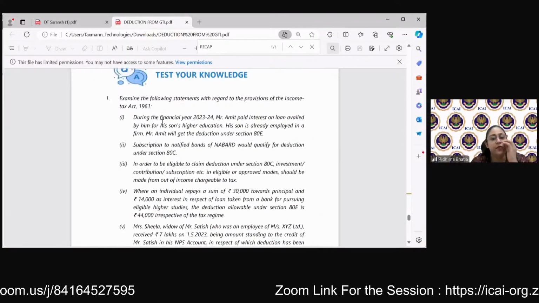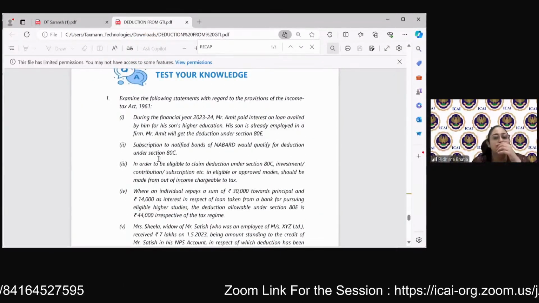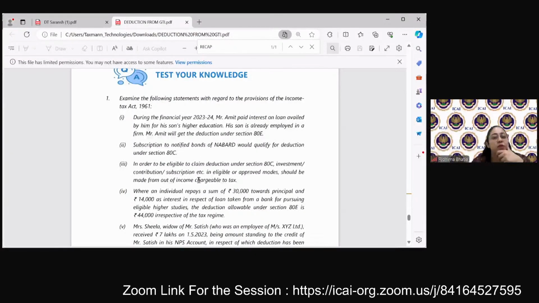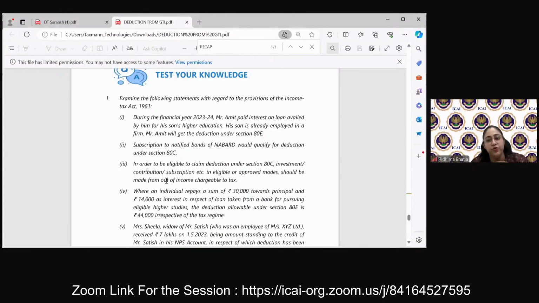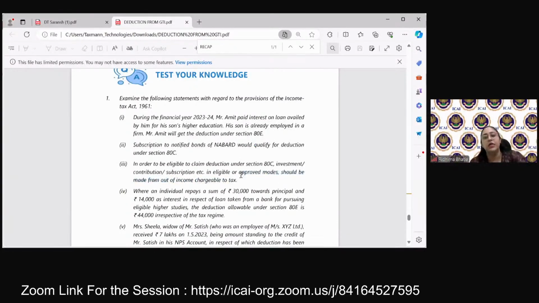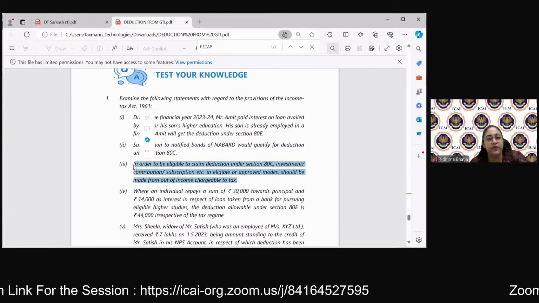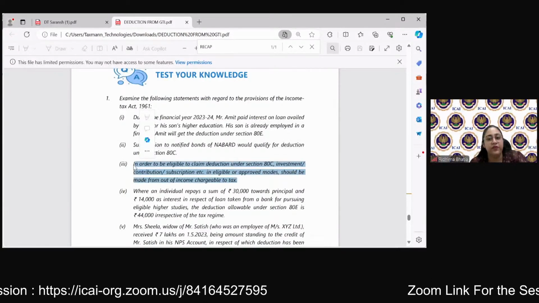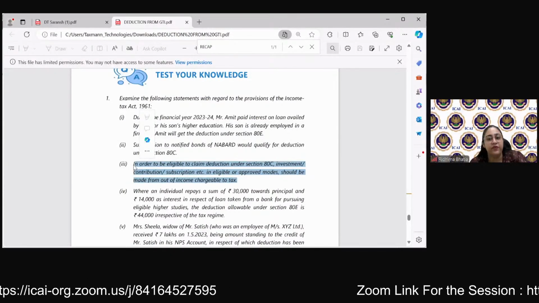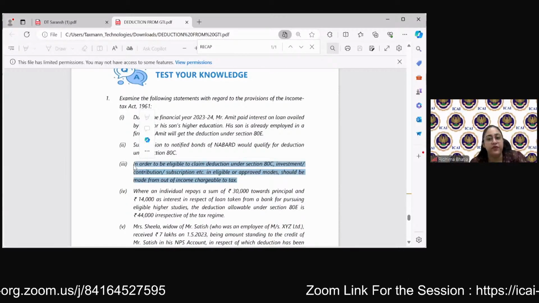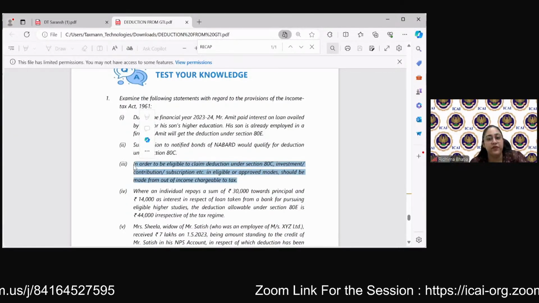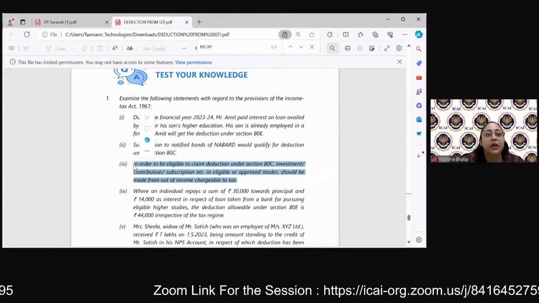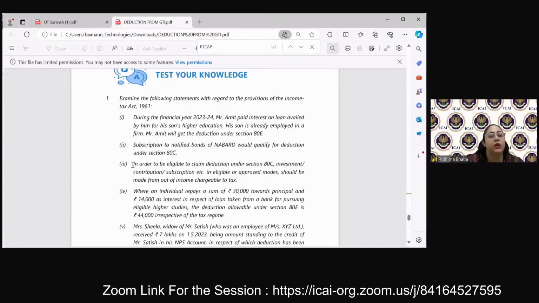So she's saying, examine the following statement with regard to the provisions of income tax. The third part is: in order to be eligible to claim deduction under 80C, investment contributions or subscriptions in eligible or approved mode should be made out of income chargeable to tax. See, definitely you have to make the contributions or subscriptions in eligible and approved channels. That is correct. But it is nowhere written that it should be made from the income which is taxable. It should be made from your taxable income only. So this point is not correct. Okay,